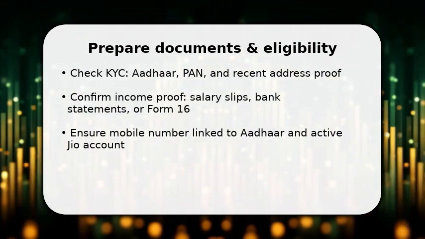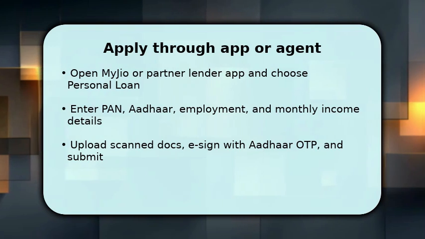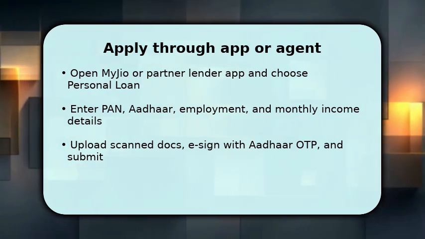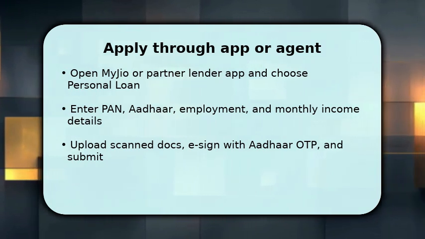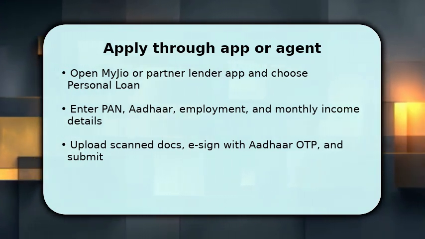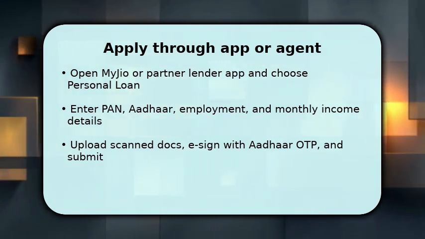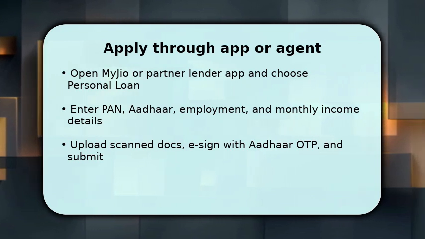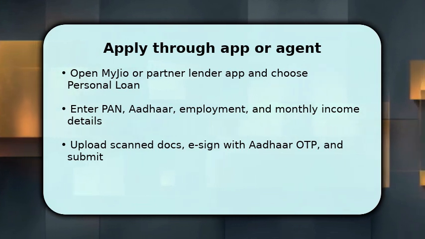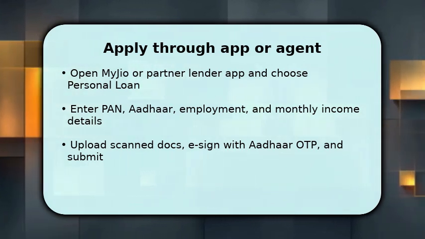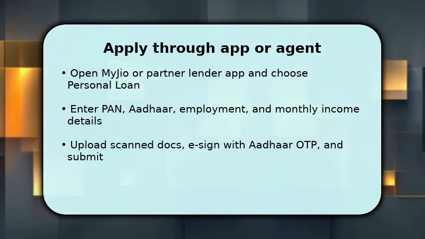Open the MyGeo app or the lender's portal, select personal loan, and enter PAN, Aadhaar number, employer, and net monthly income. Upload your scanned bank statements and identity documents, then request an Aadhaar OTP to complete e-signature. Make sure to double-check figures and upload clear scans. Poor images cause delays. Once submitted, the lender runs automated checks and may call for a quick verification, which is